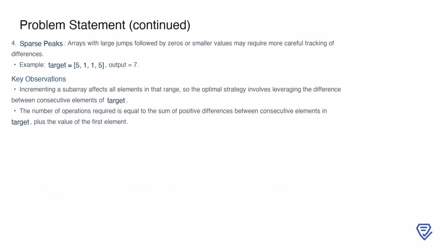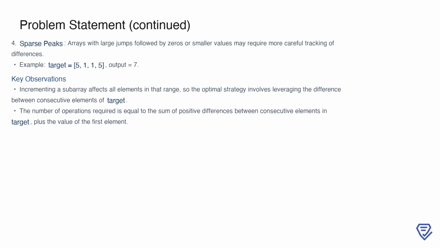Finally, arrays with sparse peaks or large jumps, like 5, 1, 1, 5, demand careful handling. Here, the output is 7 because of the need to address both the initial peak and the later rise separately. A key observation is that the number of operations corresponds to the sum of positive differences between consecutive elements in the target array, plus the value of the first element. This approach ensures that we account for all required increments efficiently, leveraging the differences in the target array to minimize